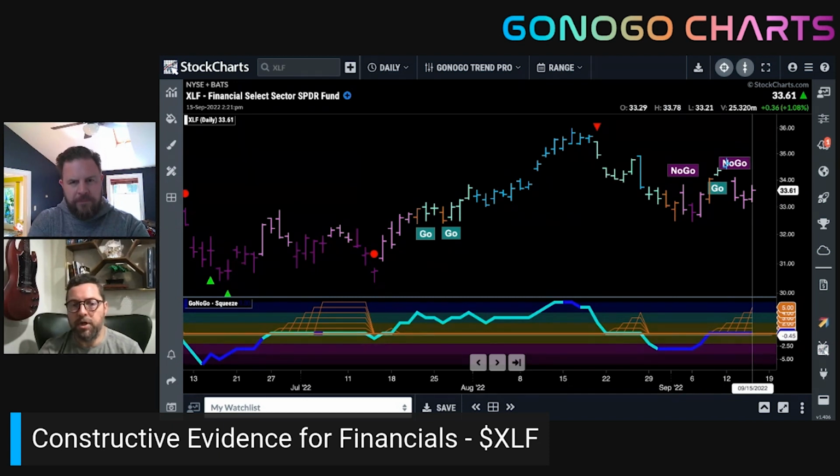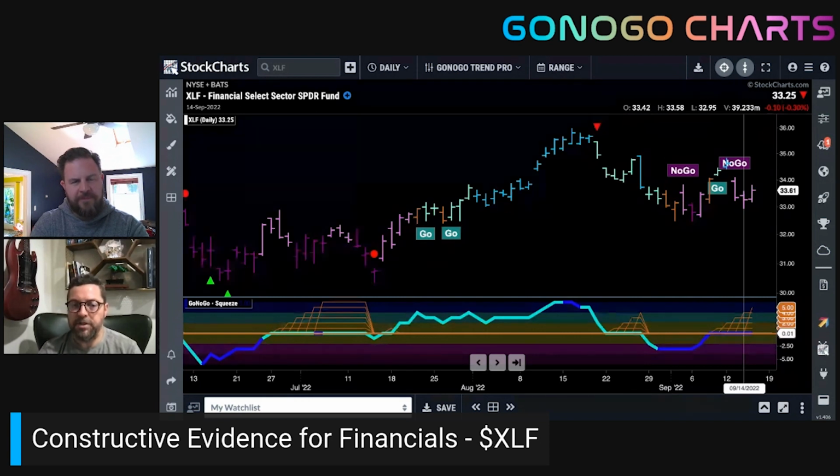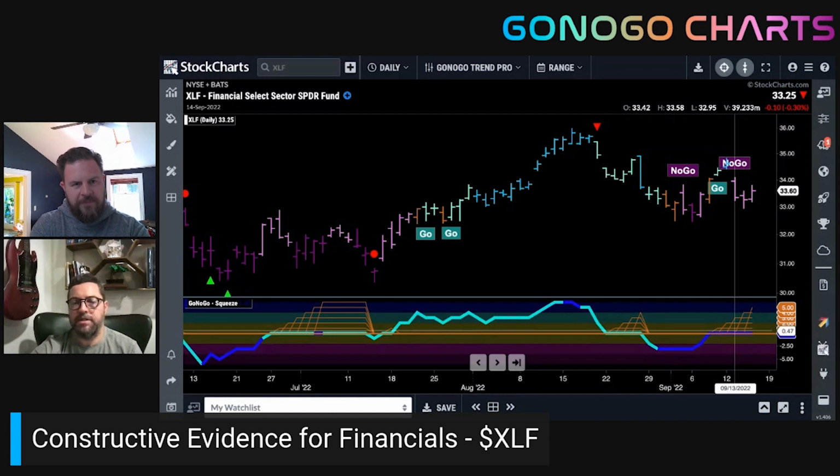So would we be throwing caution to the wind and going all in on the financial sector? No, not yet, because we'd be really keen to see in which direction the oscillator breaks out of this squeeze. The squeeze is this grid that climbs for every bar that the oscillator stays at zero, meaning there's not a lot of momentum either in the positive sense or the negative sense. So we're going to watch to see in which direction the oscillator breaks out of the squeeze.